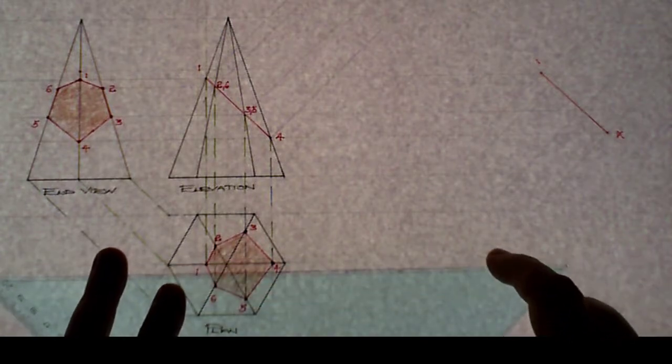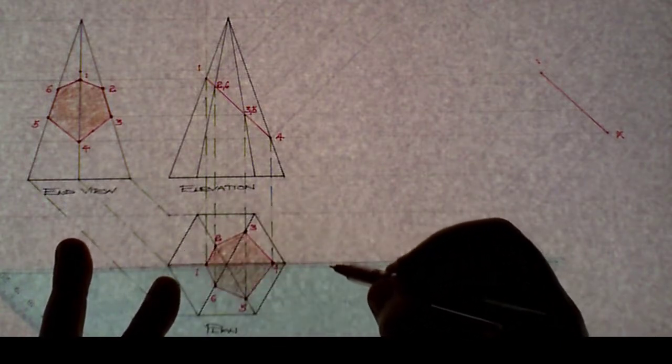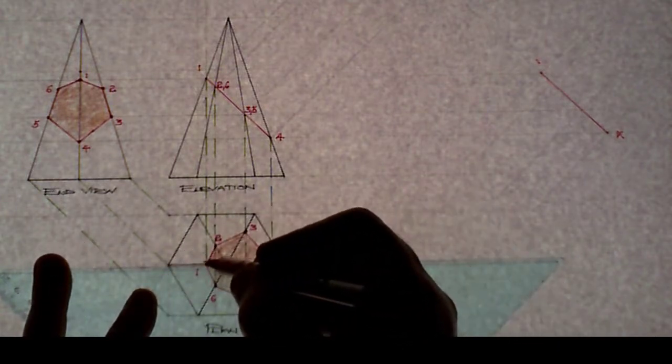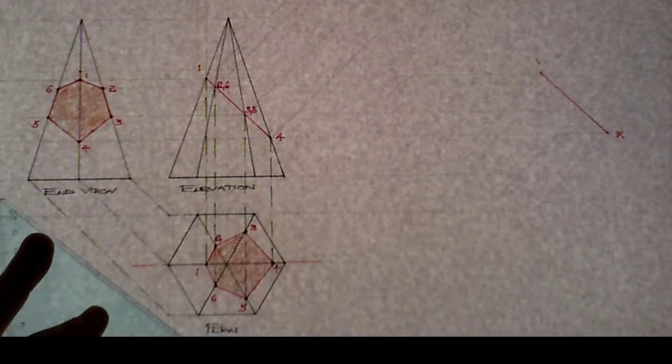Okay, now in order to establish point 2 and 6, again, if I look at my plan and my end view, okay, if I indicate this line in red here, okay, points 1 and 4 is here, right? That's point 1 and 4. Okay, so this broken line here, like so. Points 1 and 4 is here. So that line there,